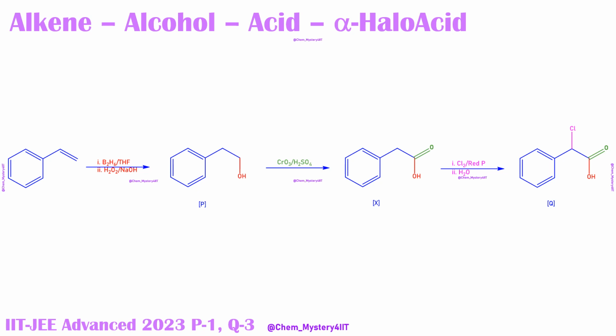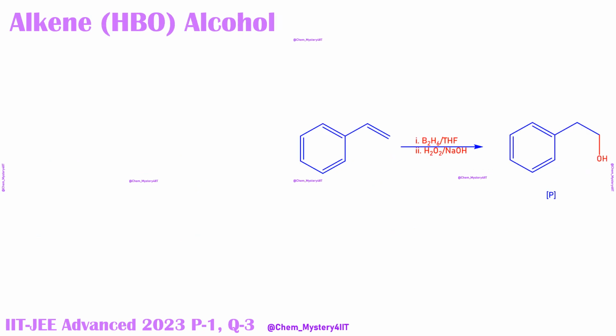We'll be splitting all these steps one by one. So first of all, we'll be talking about step number 1, which is going to be the hydroboration, and then this reaction we are going to talk in detail. Then we'll be going further one by one. Then we'll be taking this step, then we're taking this step in the third slide. Going here, this is the fourth step, we have called this as HBO, which stands for hydroboration oxidation reaction. And if an alkene undergoes hydroboration oxidation, we are getting the product as alcohol. Here is the product number P, which we have got as the alcohol in the final.